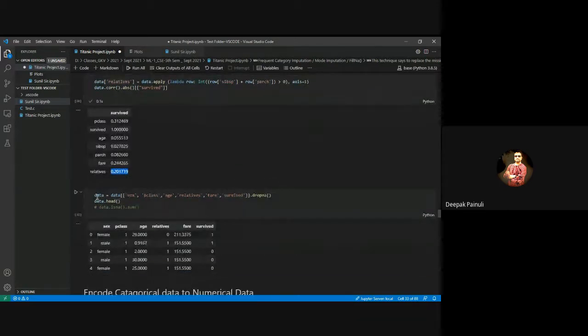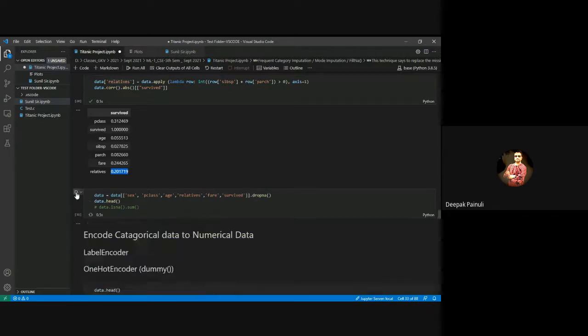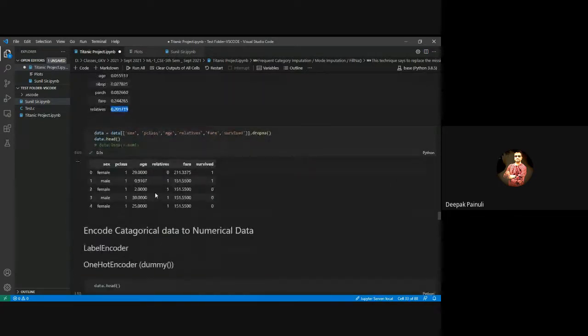So here, what I am going to do is simply create our new dataset of selected features. I have included Sex, Pclass, Age, Relatives, Fare, Survived, right? And after including those, I am going to drop NA values. Let's check. Yes, I have done it.